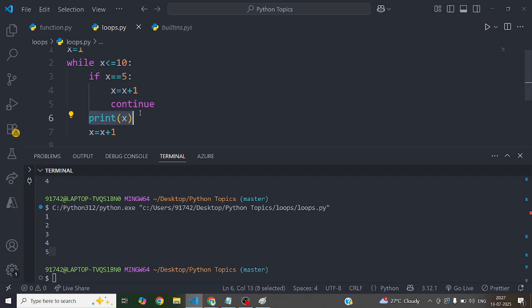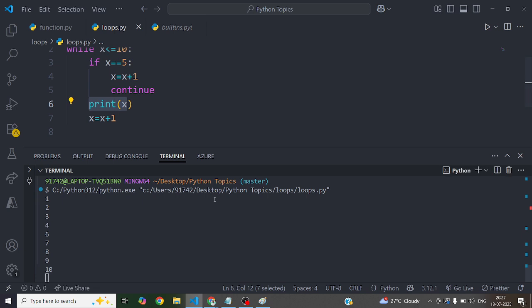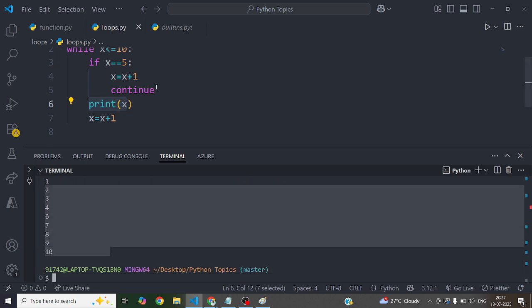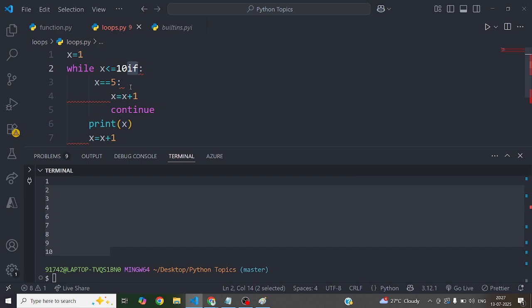It will not execute anything after the continue keyword. It will generate new values. Like here for 5 it will not print, but whenever 6 comes, it will print again like before, 6, 7, 8, 9, 10. But 5 will not be printed because I want to tell the Python interpreter that for this case I don't want to do anything.